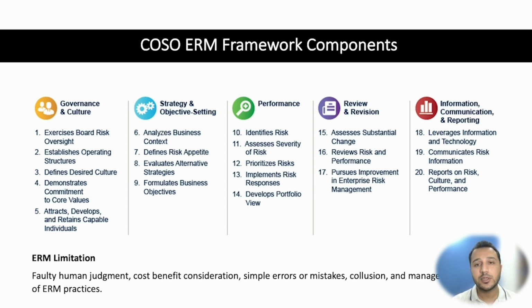Lastly, information, communication and reporting is so important that all the performance activities need to be communicated in a timely manner. So if there is an adverse performance, we have to find a way to manage those risks. Also, periodic reporting highlights all the key new risks that the company might be exposed to, or the risks which they are already managing. And the way these reports or this information goes to the top should give a transparent and independent view of what's happening within the organization, not a cosmetic clean report, right?